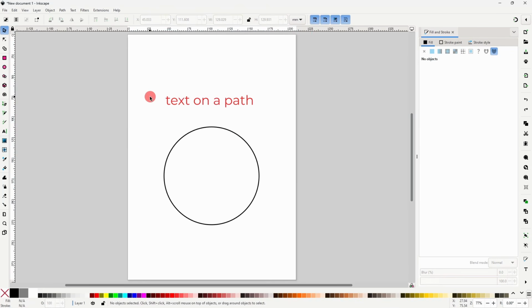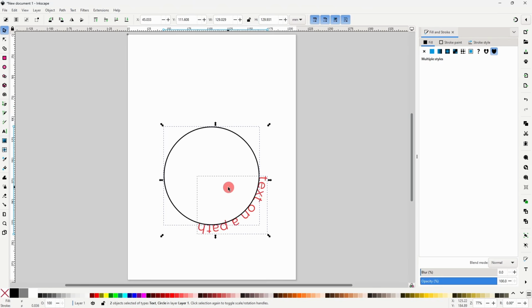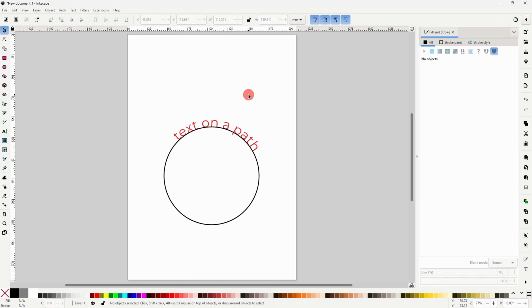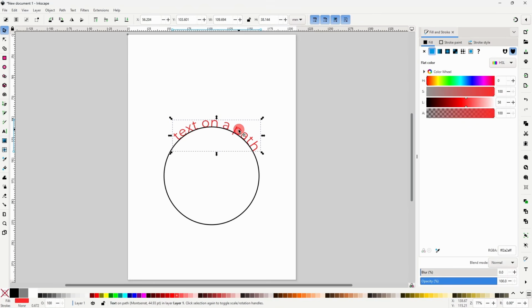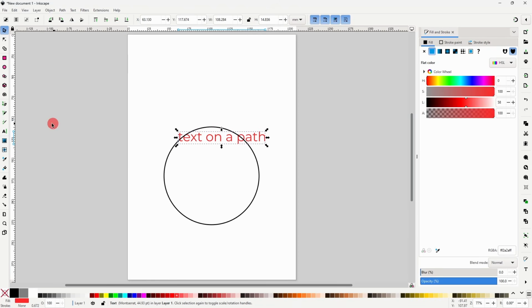The Put on Path function works with shapes as well. For example, I can select a text object and a circle, and use Put on Path to wrap the text around the circle. At the moment, however, it's hard to get the text perfectly centered on the circle. To fix this, I can remove the text from the circle, and before putting it back on the circle, I'll set the text alignment to centered. If I now wrap the text around the circle,